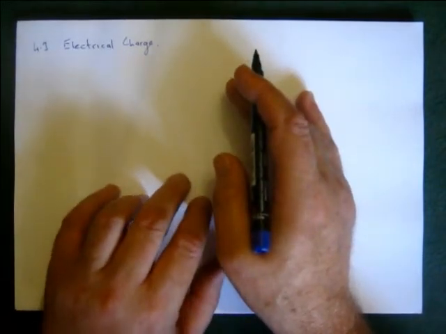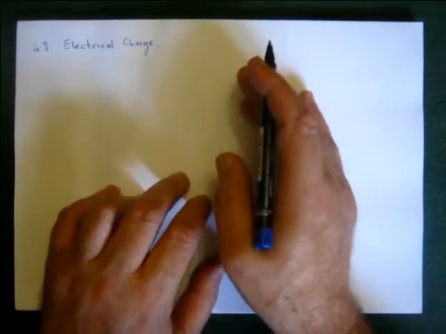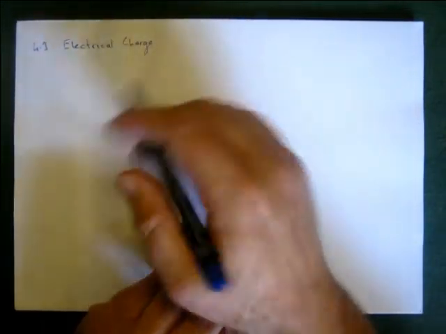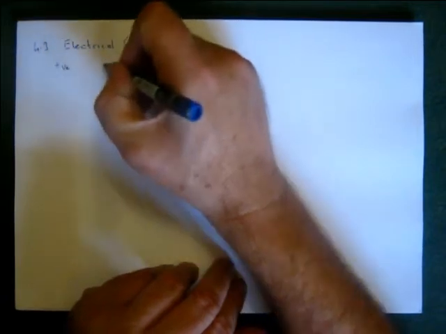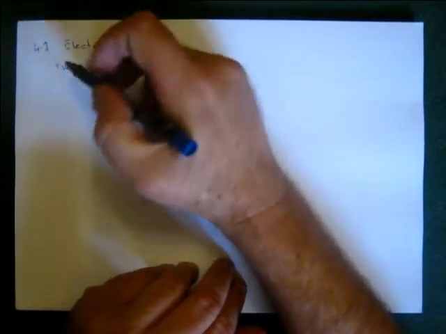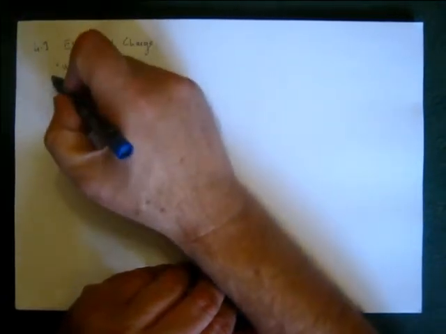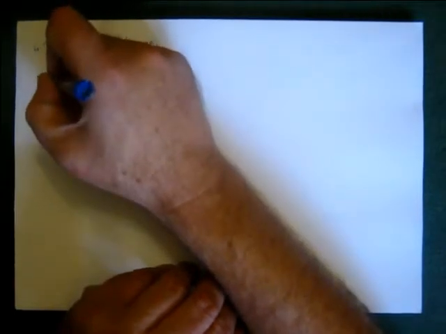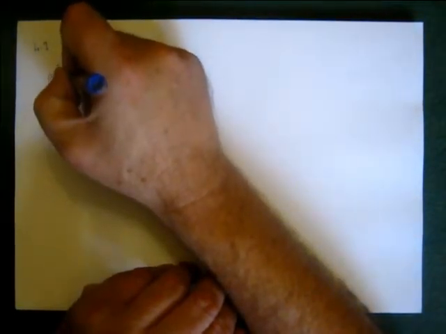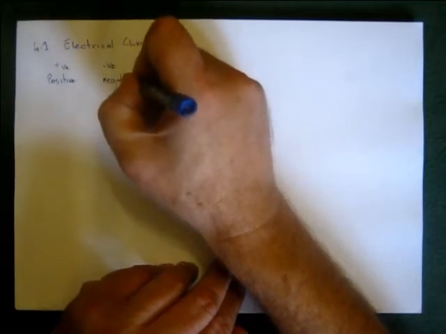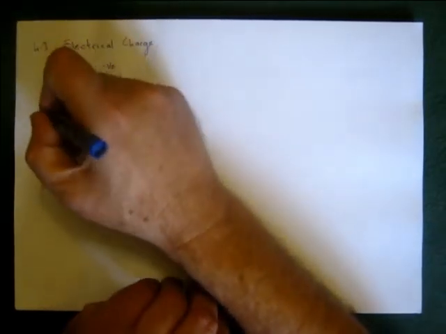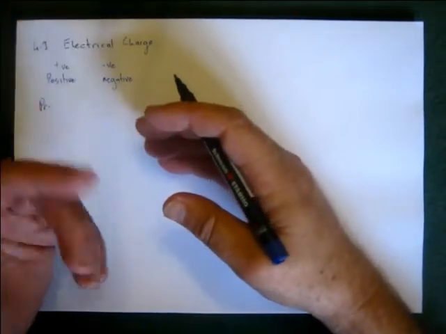But the first question is, what is charge? What we know is there are two types of charge: positive charge and negative charge. This is the standard abbreviation for positive. You'll see this abbreviation a lot. And negative. And in the standard universe, an atom is of course broken up into electrons